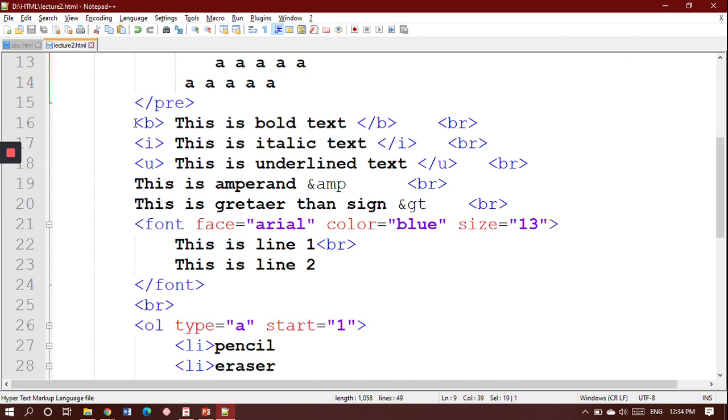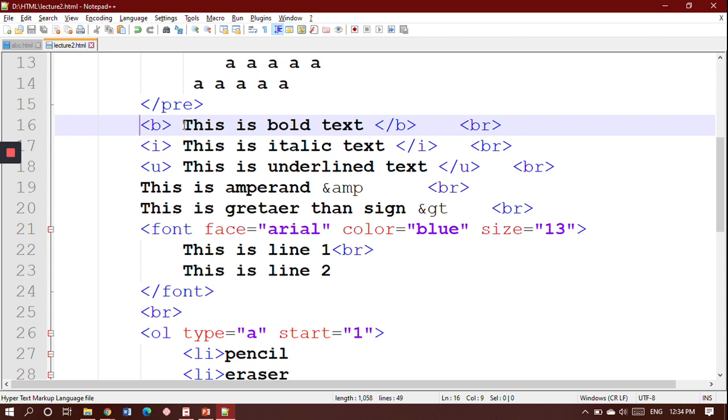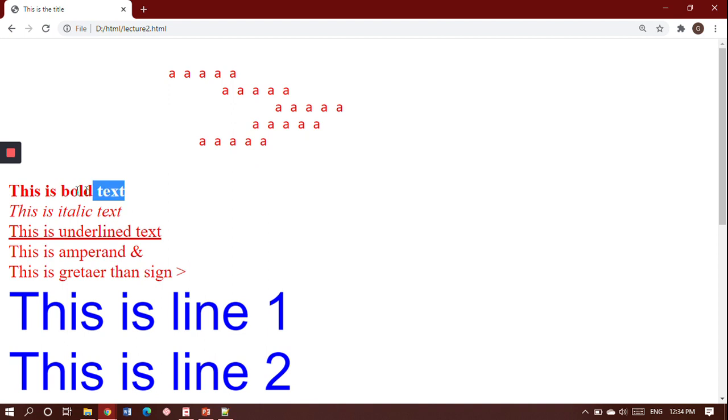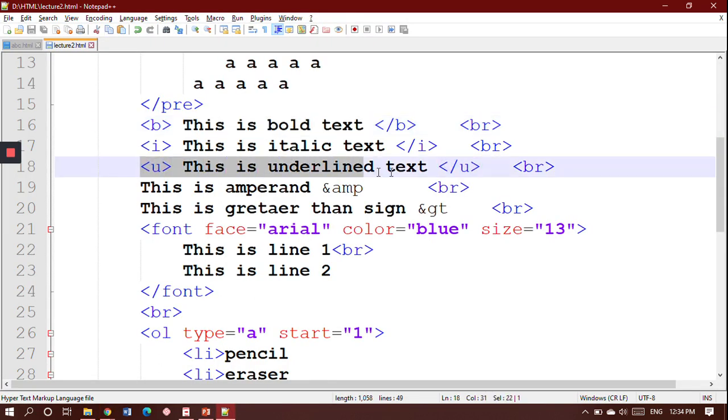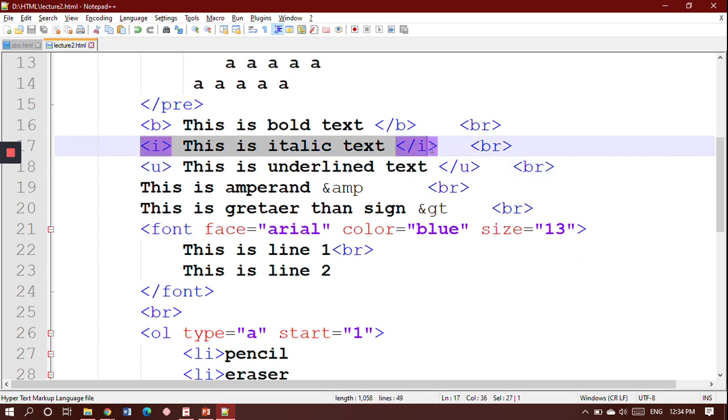Then you have a bold tag. Bold tag means that the line or the font will be a little bit thicker. See, this is bold, this is italics, and this down here is underlined text. So for underline, you can write it like this: you start and you end. I start and I end. It will be